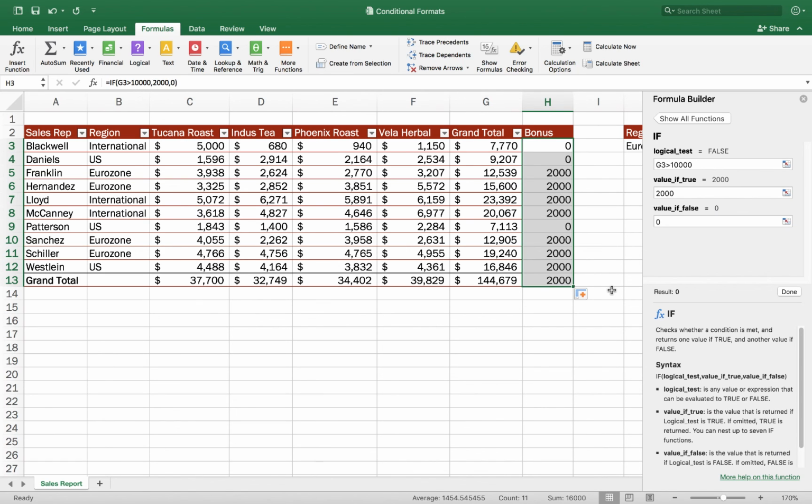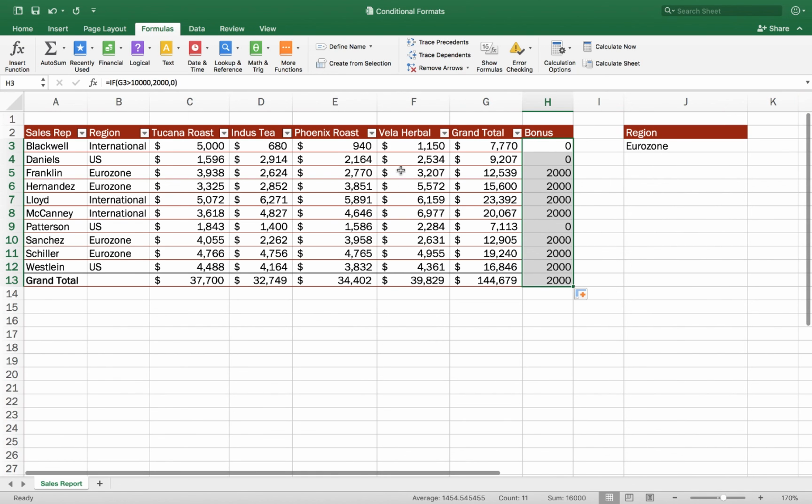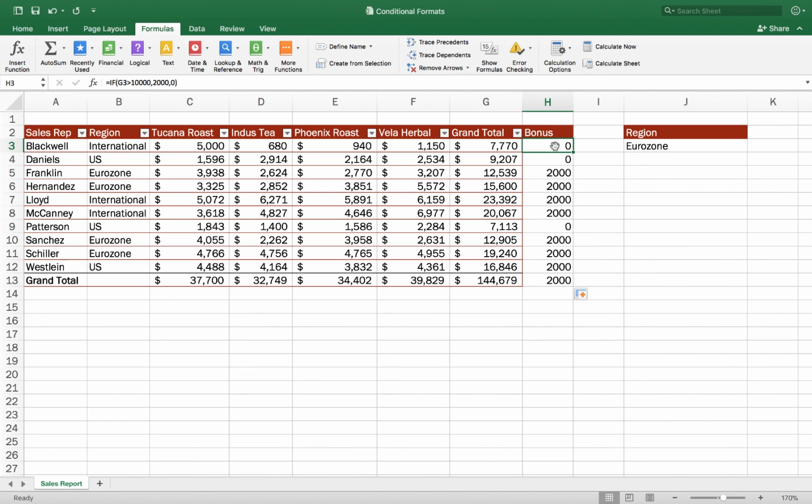So here's another cool trick with functions. I'm going to go ahead and close the formula builder for a moment. And I'm going to go ahead and click back in a cell that has my if function. And let's pretend that you didn't build this function. Let's pretend you just got the spreadsheet from somebody else and you've never heard of the if function before. So you don't want to have to go over to the guy who created this and say, I don't know what the if function is. Could you explain it to me, right? So you don't want to let them know that you don't know about that.